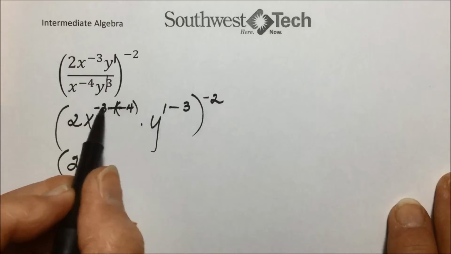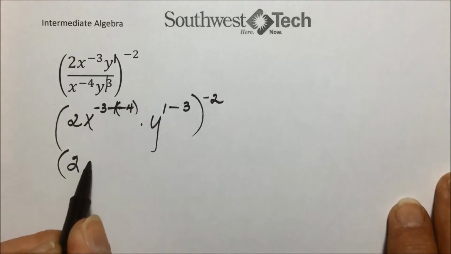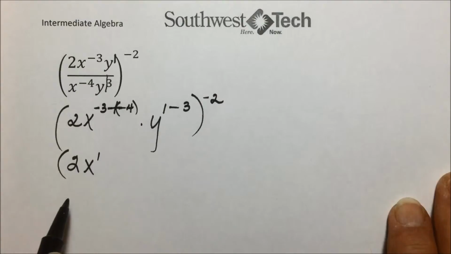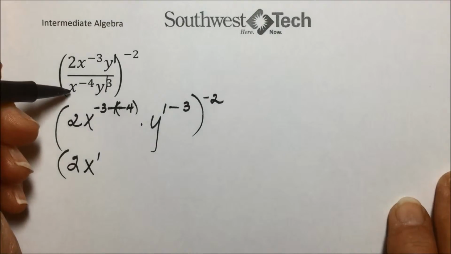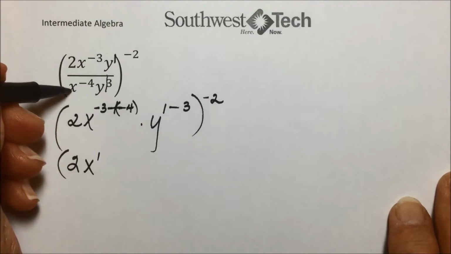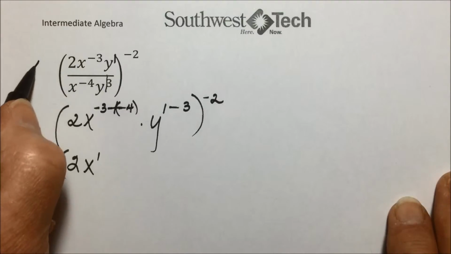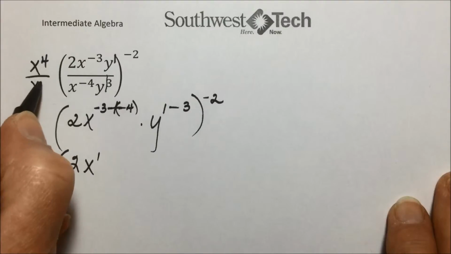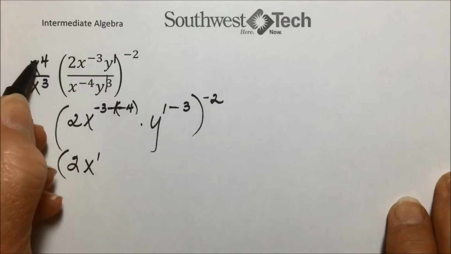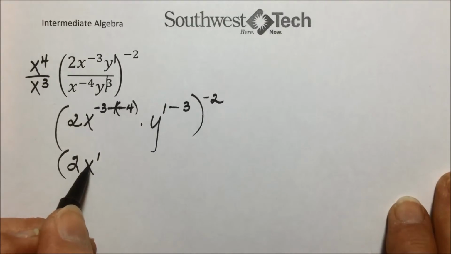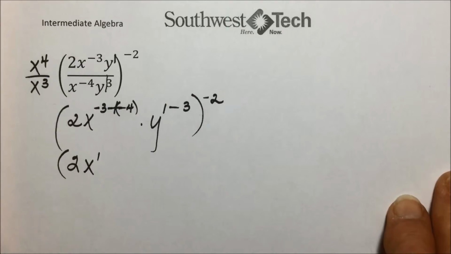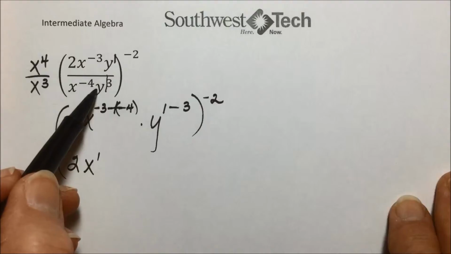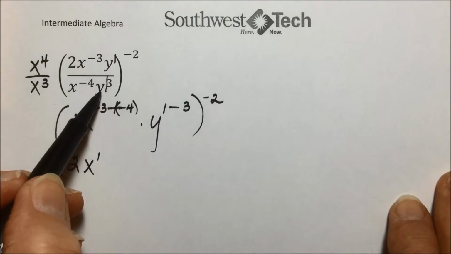Minus a minus is a plus. That leaves us with x to the -3 plus 4, or first power. And if you switch these to eliminate the negative, the x to the 4th would have gone to the top, the x to the -3rd would have gone to the denominator, and 4 minus 3 would give us the 1. So if that helps illustrate what was happening with the x's. On the y's, we have 3 y's in the denominator.